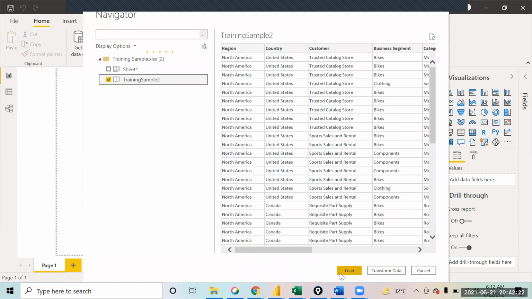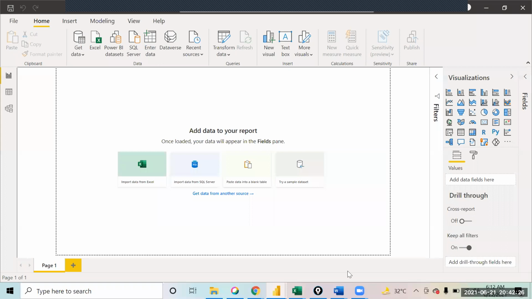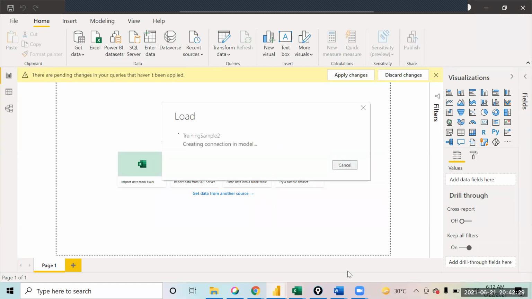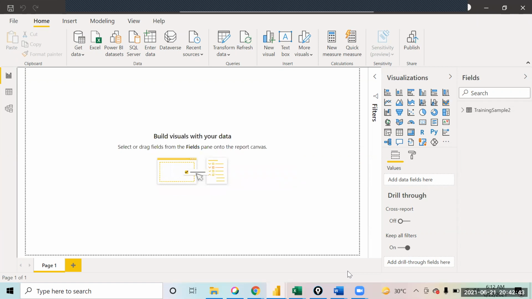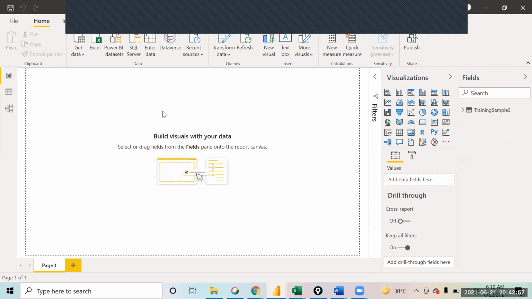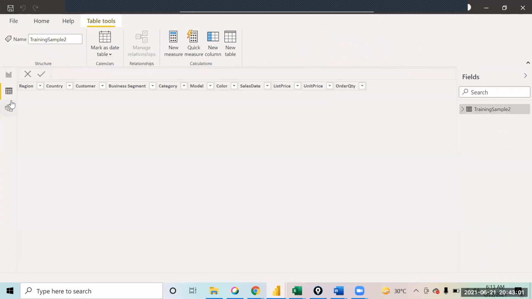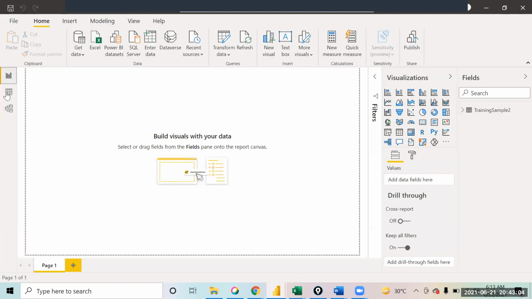Right, this is the sheet that we have to load in. Now, I hope you are able to load this data, everyone.